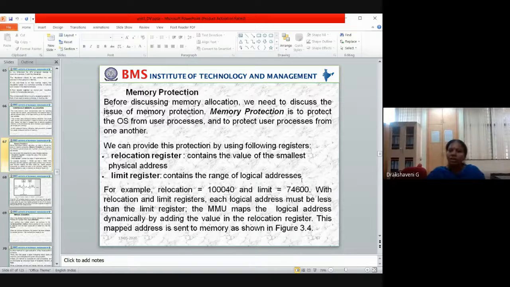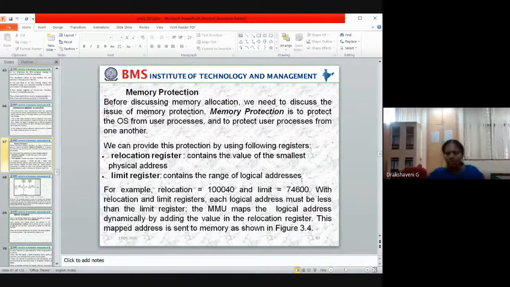Memory protection is to protect the OS from the users and to protect users from one another. Not only do you have to protect the users, but also the operating system files. Some operating system files are also there. By chance, if you delete some operating system files, your operating system will not work or will not even boot. So for that also there should be protection. No one should be in a position to delete the system files. So in that case, we have to protect them. Not only that, no other person should take your data.